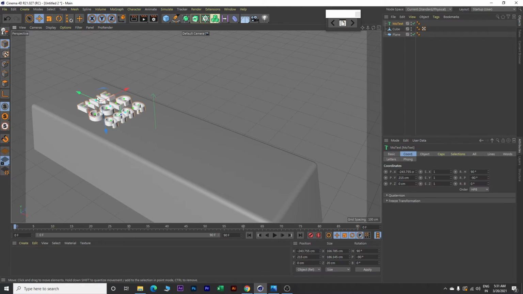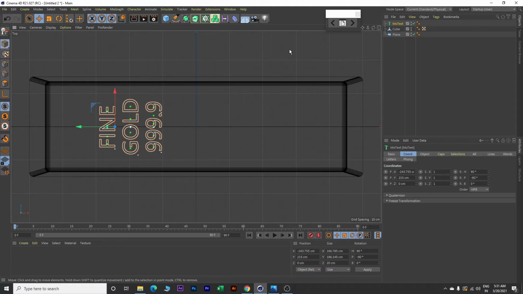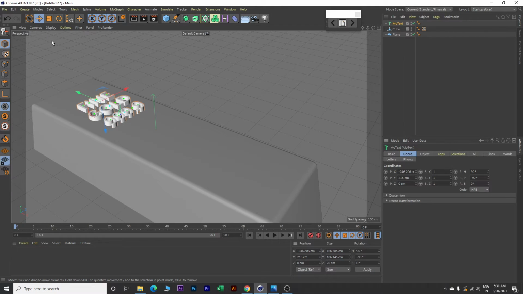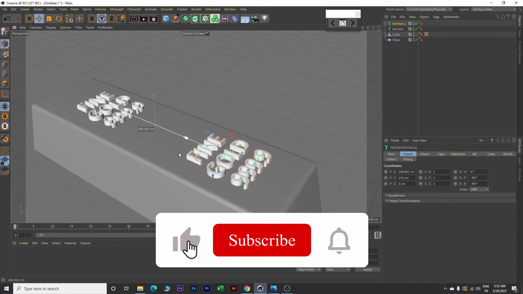Now click on F2 to bring back this top view and make sure that this is aligned properly somewhere like this. Click back and go to F1. This is our perspective view. Next, make a copy of this MoText. So Control C and Control V and then drag it a little bit backward like this.